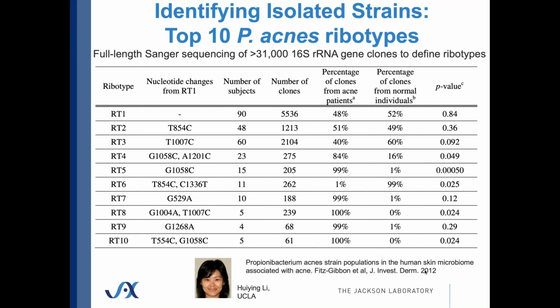So we did full-length sequences on 16S, and in those days, the way you did full-length sequences was Sanger sequencing. And Sanger sequencing, even though it gave you a 750 base read or so, you had to clone the gene. You had to then sequence in from both ends and usually do a third read in the middle in order to get a high quality full-length sequence of that particular 16S gene that you had cloned. So we did this for over 30,000 of these, and then took the top 10 in terms of abundance ribotypes